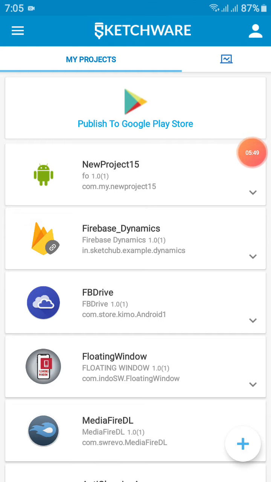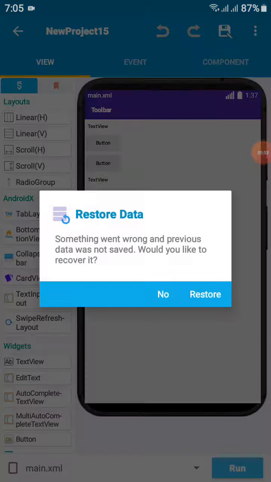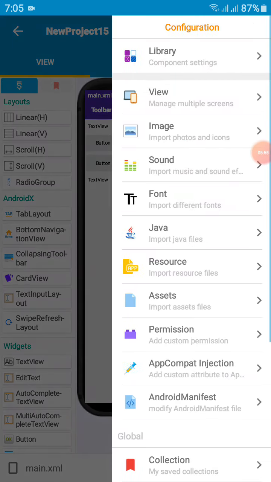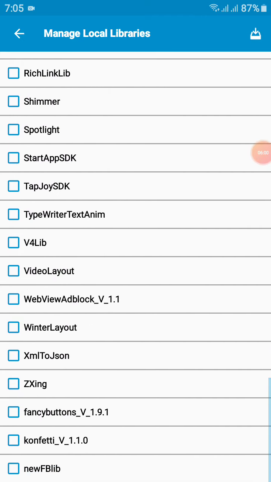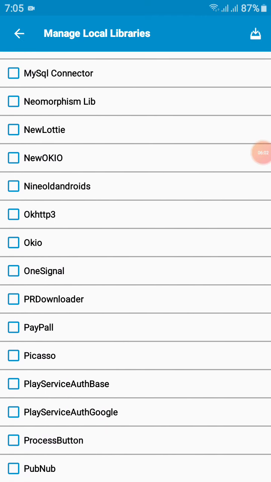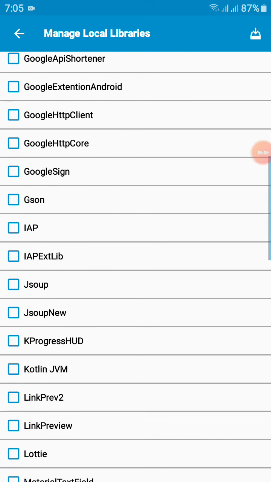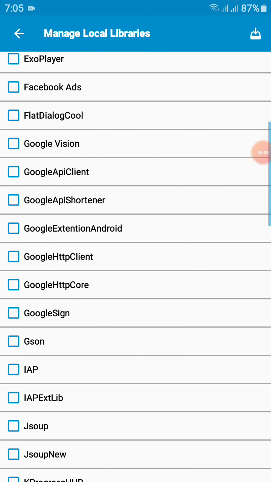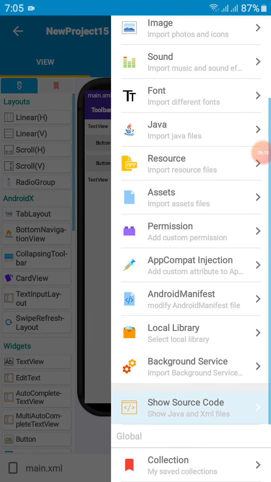So I found a bug. If you add a library one time, then you cannot delete the library from here. You need to delete the library manually from any file manager. Now I am adding the library, and you can see the app crashed again.